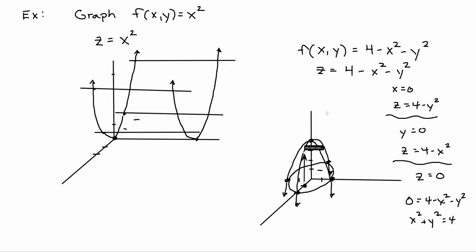So how far is that? You could kind of eyeball it. It looks like it's about 3. And if you just take f of 1, 0, what happens? You get 4 minus 1 squared minus 0 squared, and so you do get 3. Okay, so